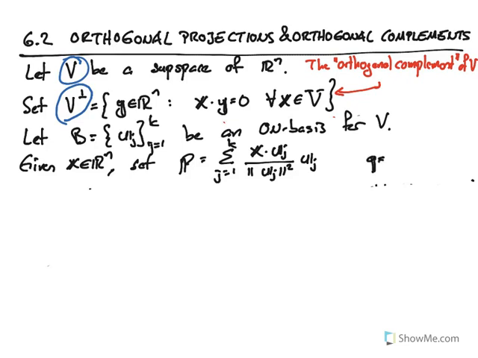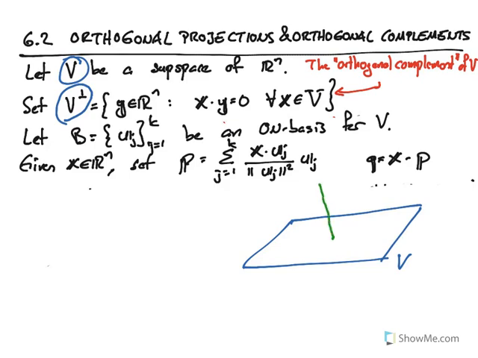So Q is equal to x minus P. So what have I done? The idea here is that if V is the linear space, so here we have V, and then we have its orthogonal complement. And given a vector x,